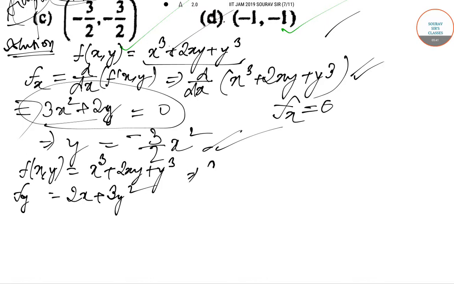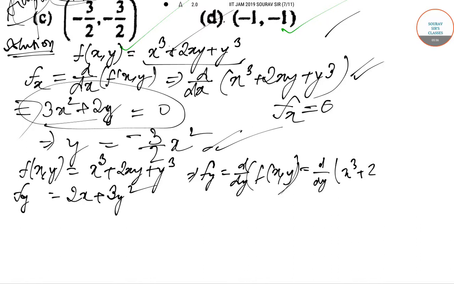Step follows simply. Fy is nothing but d by dy of f of xy, that is nothing but d of dy of the original function, that is x cube plus 2xy plus y cube. So 2x plus 3y square. And y should also be equal to 0, if we need to find the saddle point at the critical point,